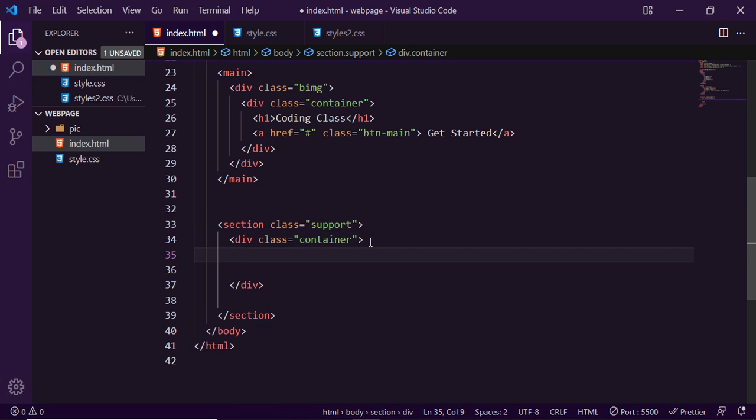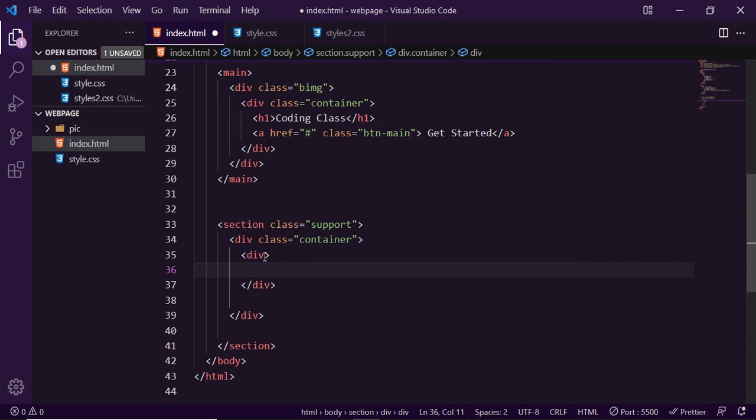So inside the div will go another div, and let's give a class name to it of col,